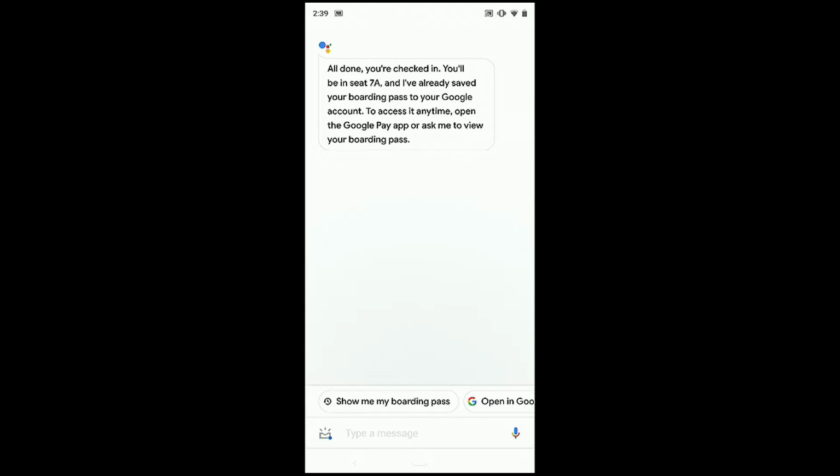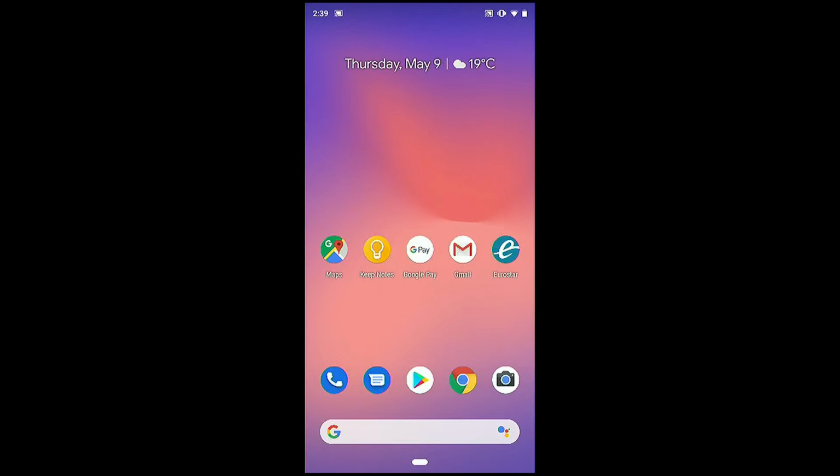But actually, my favorite part of this is that I'm not only already checked in, so I can forget about that and enjoy the rest of I/O, even though it's not too much, but I can also show my boarding pass, right? So you can see how close to me is this right now.